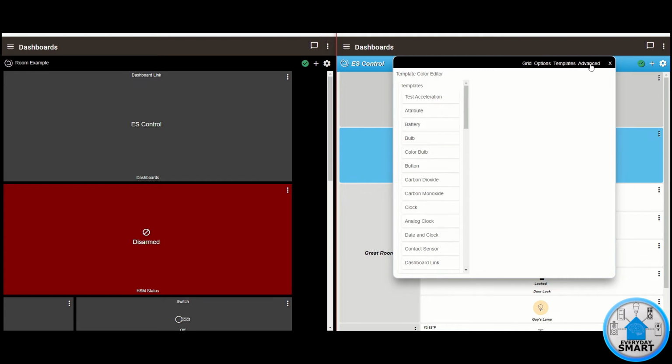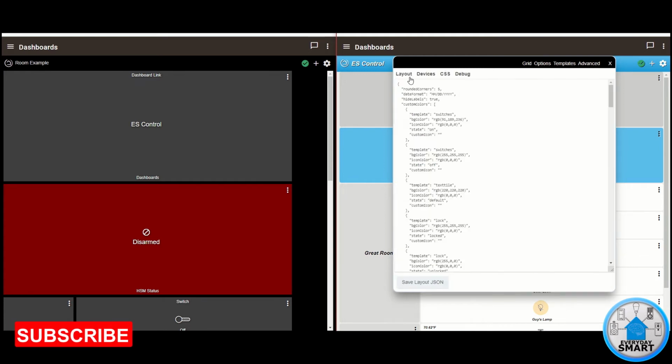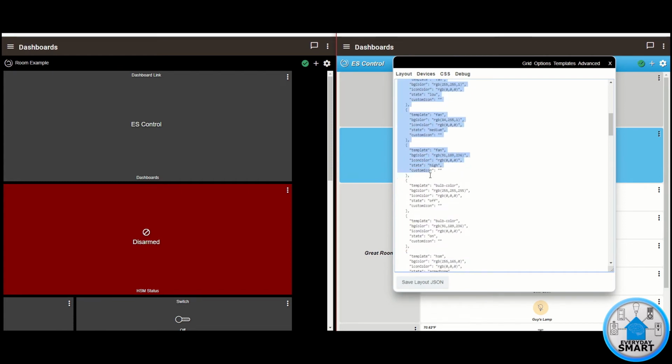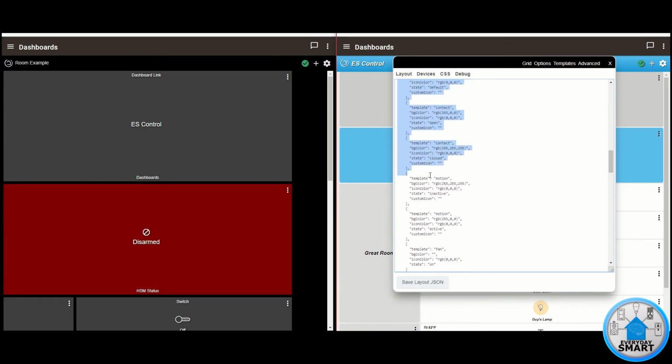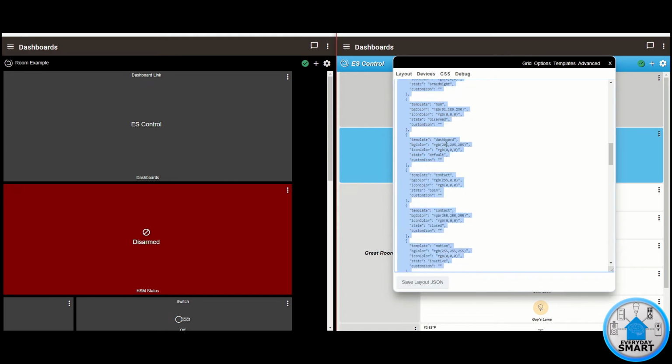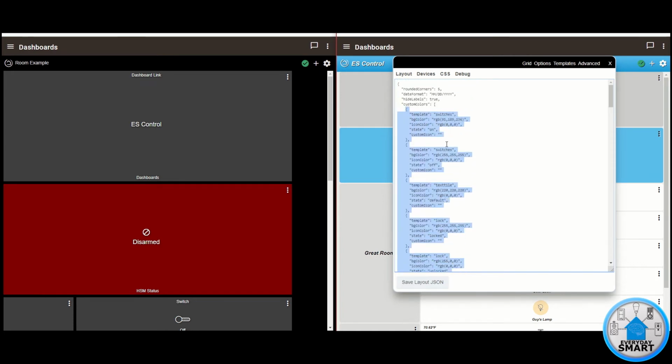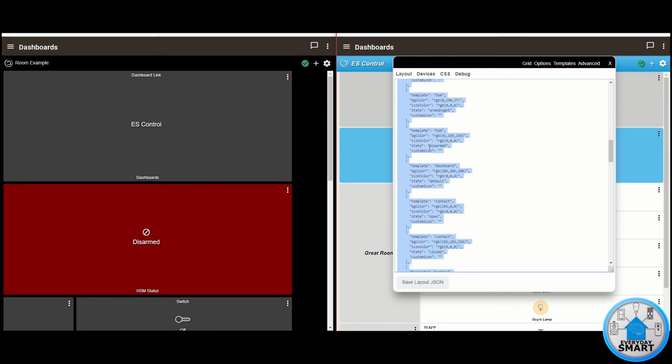So if you go to this advanced tab here, this first portion of the advanced tab, layout, all of this section under the custom colors, all of that section, all of this, as you can see, up to here, all of that is the information that we customize. So if you take that and copy it, again, it is under the custom colors. If you copy all of that,